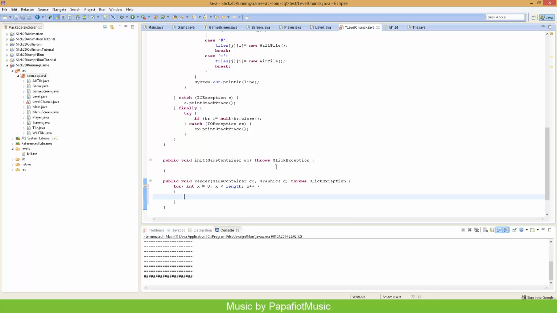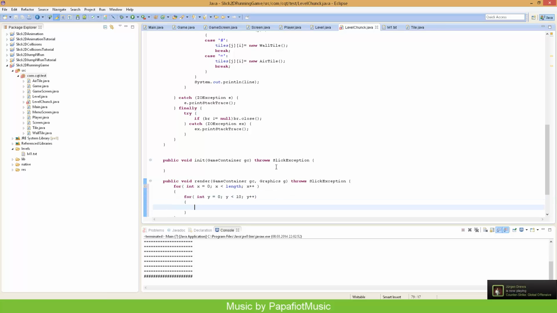x++, so we iterate over it and just draw it. We go for y equals 0, y smaller than, y++, and now we can render, so we can say tiles[x][y]. Oh damn it, that's such a bad video. So what I do here is I basically go through all tiles and just render them right on the screen. tiles[x][y].render